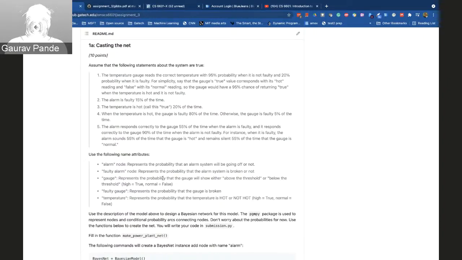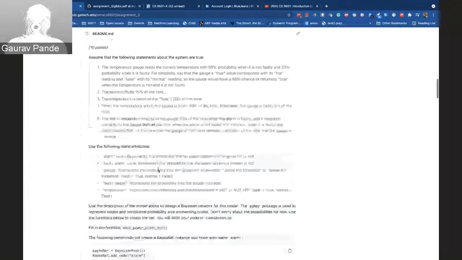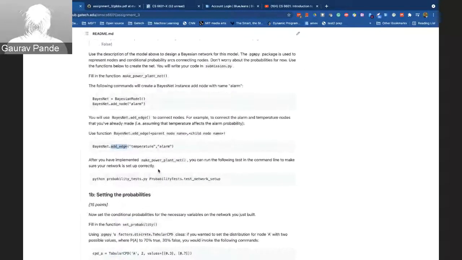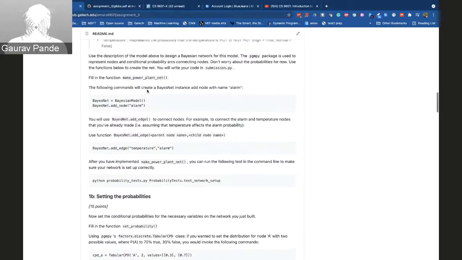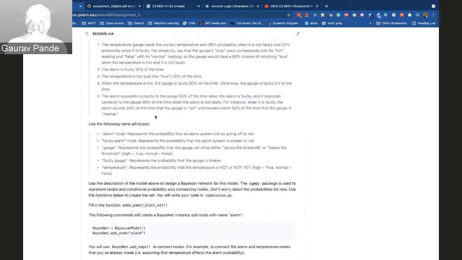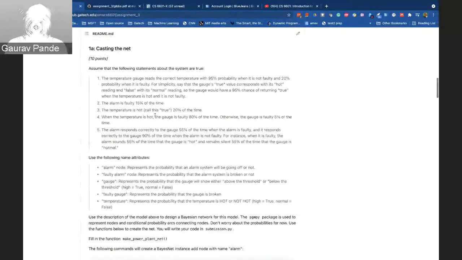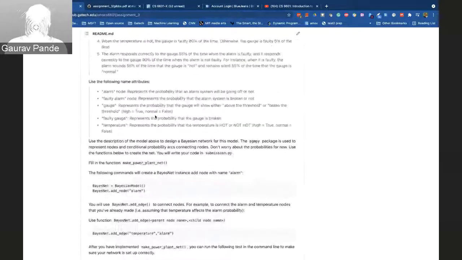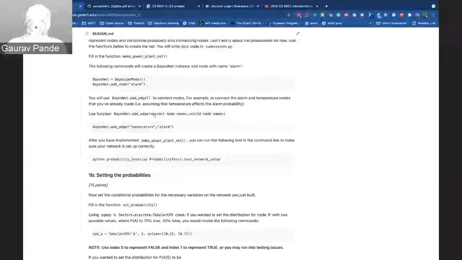Once you have drawn the Bayes net, where you have the random variables in the nodes and the CPD tables for each of these nodes, then solving this first part is just a matter of syntax. These methods won't trouble you, because the implementation will basically take you 5 minutes if you have properly solved this and implemented this Bayes net on paper. So please do that before directly jumping into the code.